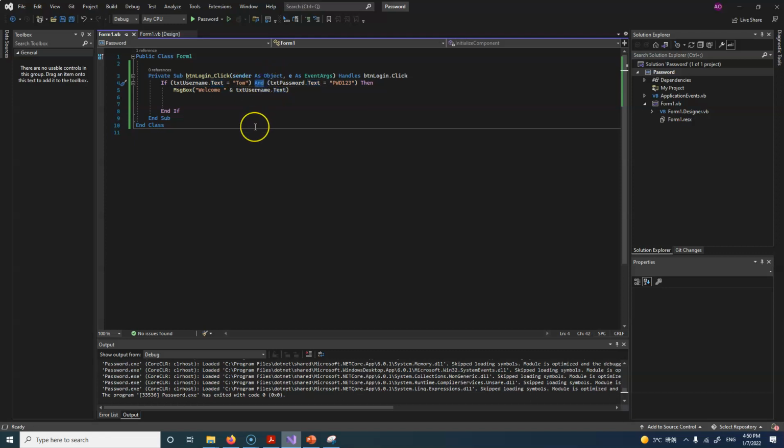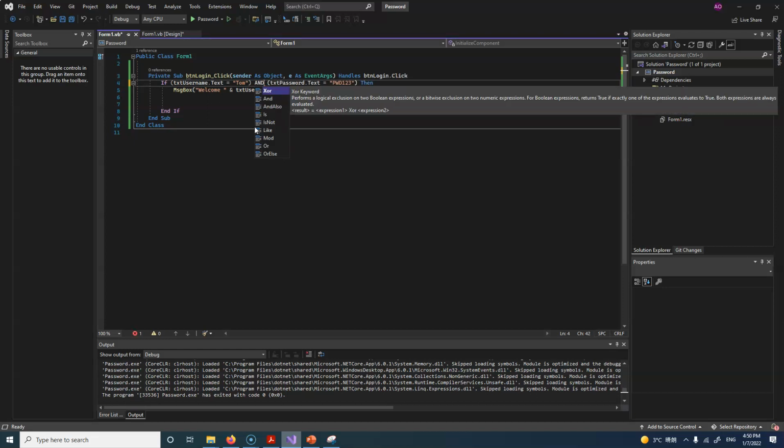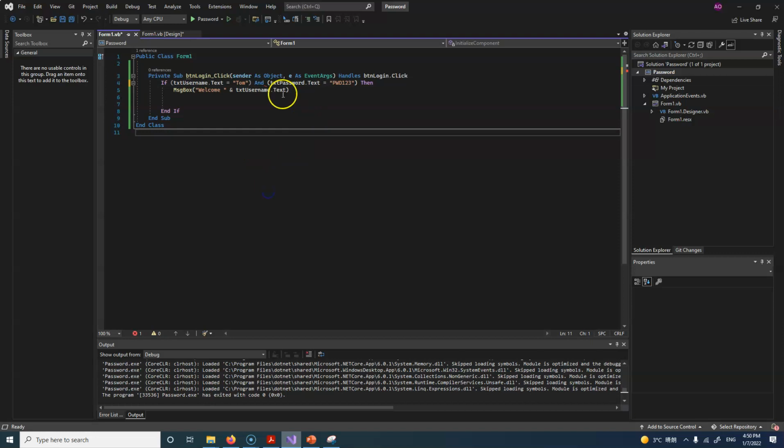And so I put the word and. If it's or, then I put or. If it's XOR, then I write XOR, for example. If I write and, I say, and the contents of txtPassword.text equals pwd123, then a message box